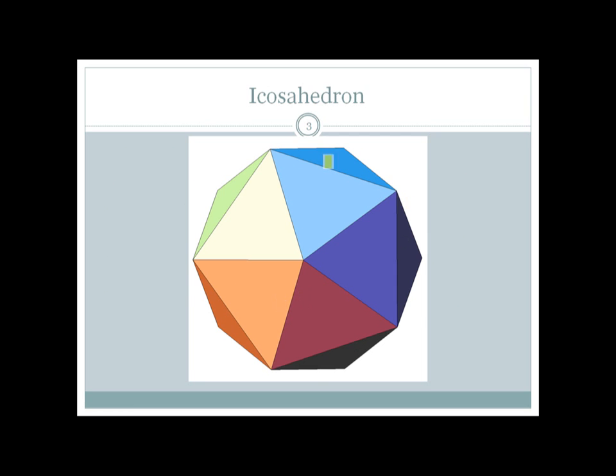This is a picture that shows a ball with triangular shapes on its surface. This 3D structure is called an icosahedron. Icosa means 20 in Greek, and this globular structure has about 20 triangles on its surface: 1, 2, 3, 4, 5, and so on. That's why it's called an icosahedron. This is the most common viral structure encountered.